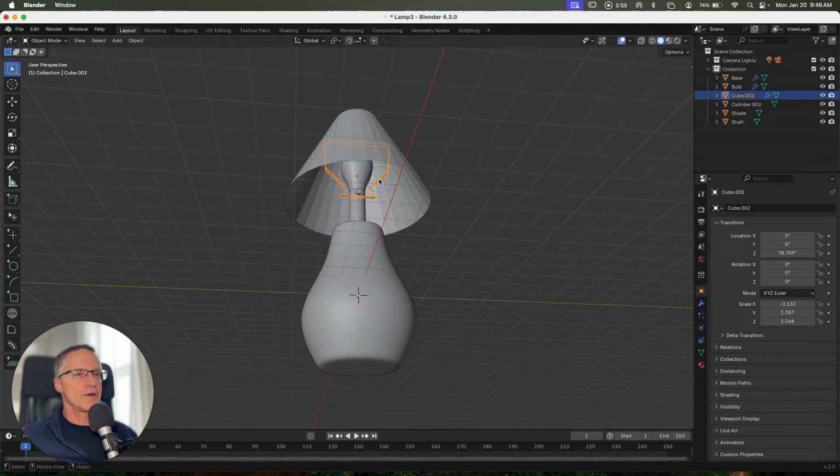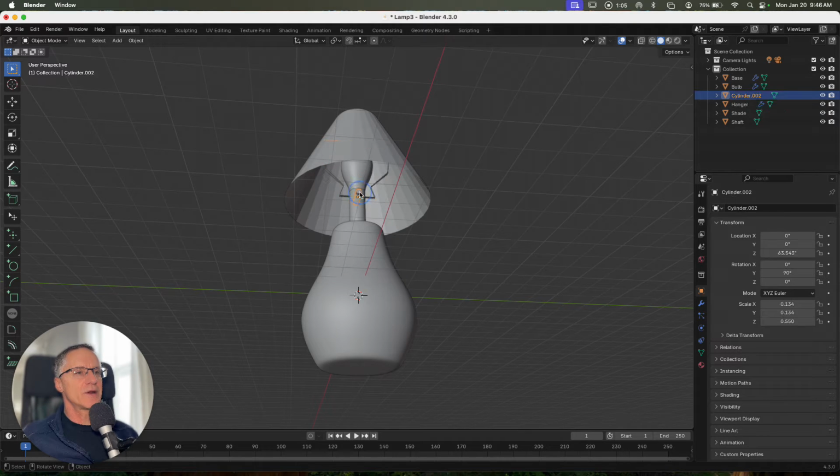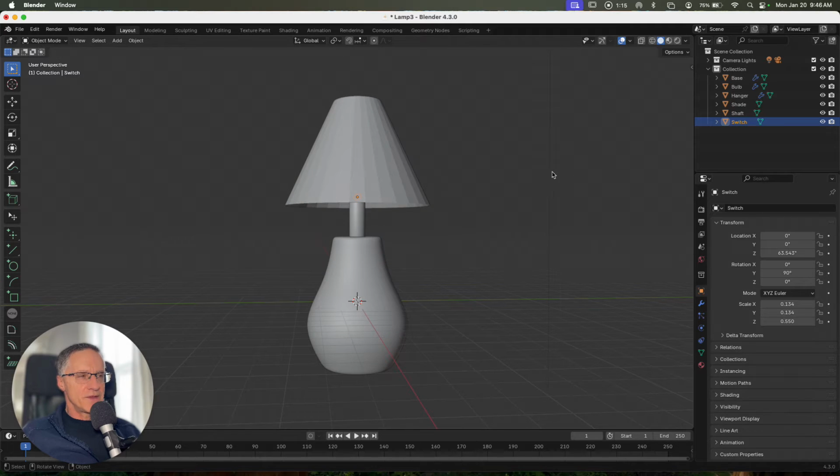This thing here, I'm calling it the hanger. It's the thing that holds the shade. So, hanger. And this little thing here is going to be the switch. It turns it on and off. Okay, so now that everything's named,